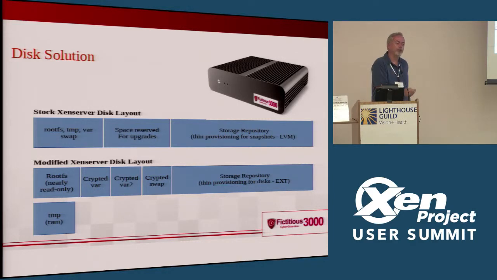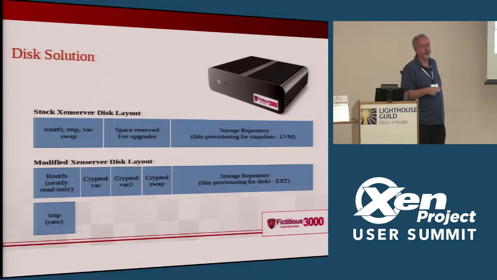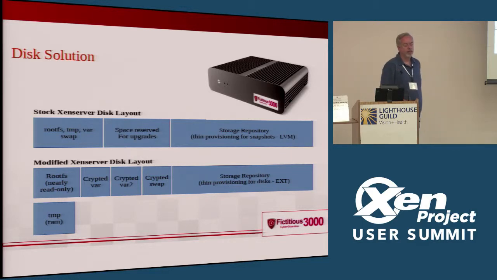So if that happens and the system goes down, when it comes back up, it checks the consistency of the var partition to see if it's okay, and if it's not, it just takes the golden image and writes back over it again. And we've done this in the in-flight entertainment industry because that's basically what had to happen. We didn't have a lot of CPU power and a lot of other disk or network resources that we could use. The swap partition is now encrypted, and the storage repository we changed over to an ext storage repository,